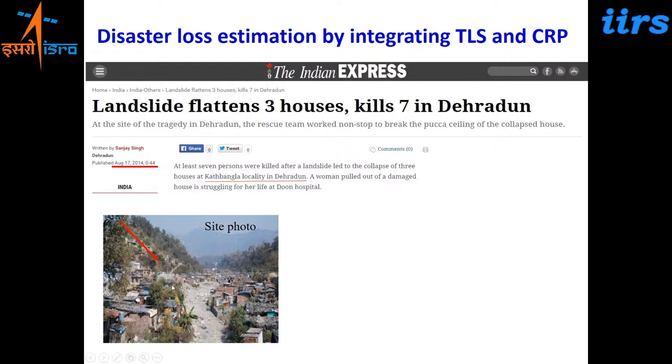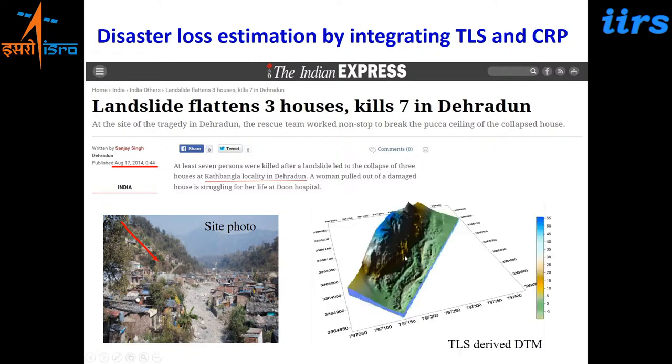This is not from a drone, but using LiDARs on board drones, one can do such studies. This is a small landslide zone here in Dehradun, where the built-up regions are just below the landslide itself. In these areas, we used a combination of the laser along with ground range photographs, which can be done from a satellite-based platform itself. What you require is that TLS gives you a very, very high resolution digital elevation or digital terrain model, which is required for these kinds of studies.